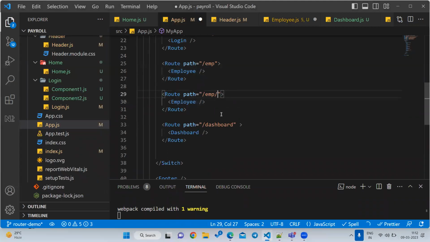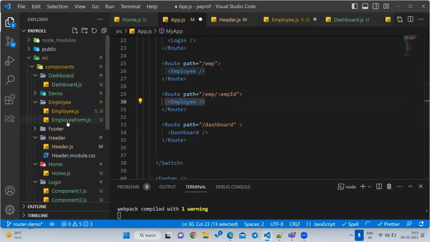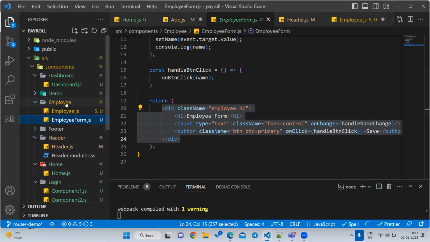So what we have to give here is, we need to remove this one and write :empId, something like this. This colon empId is nothing but a dynamic value. If you are passing 1, automatically this empId will be 1. If you are passing 2, that empId will be 2 here. Okay, clear? This is nothing but a dynamic one. So let us see, whenever you have a dynamic one, what I want to do. Let's go to this employee. Let us create one